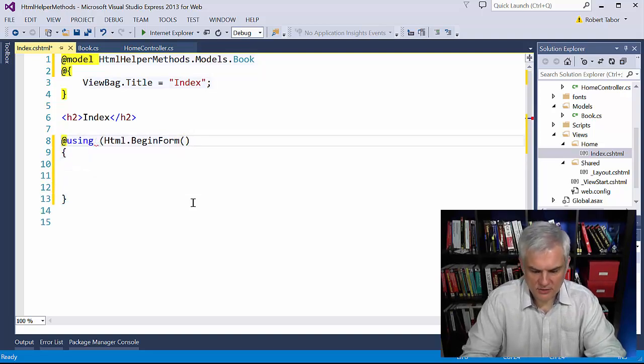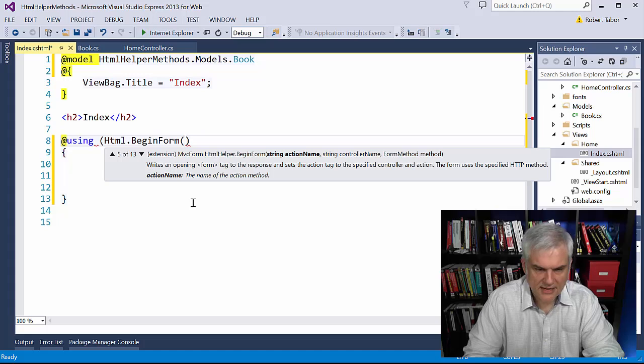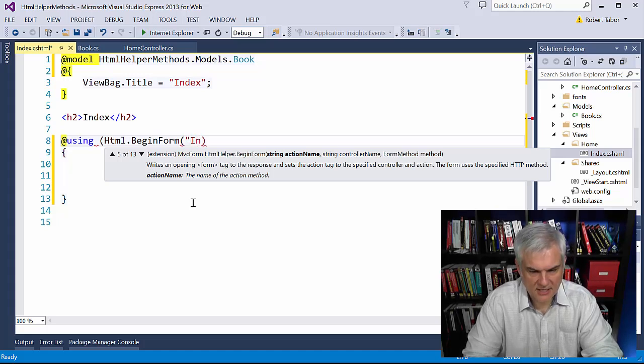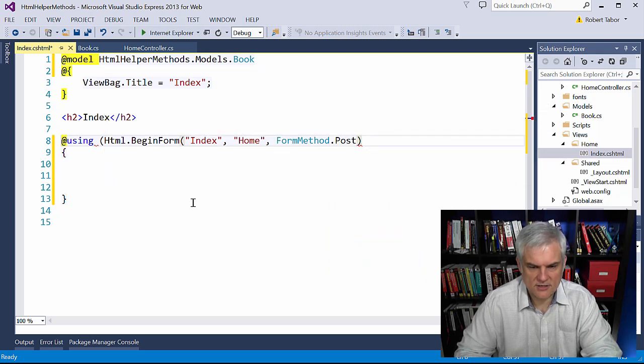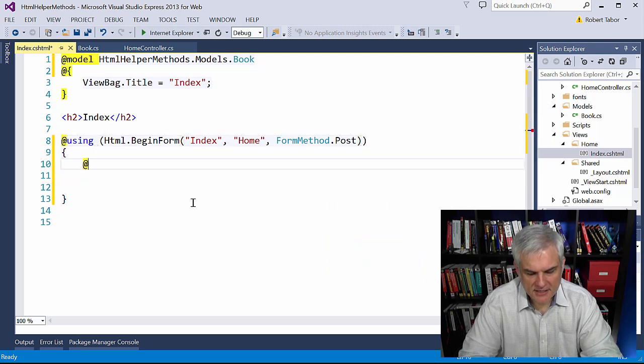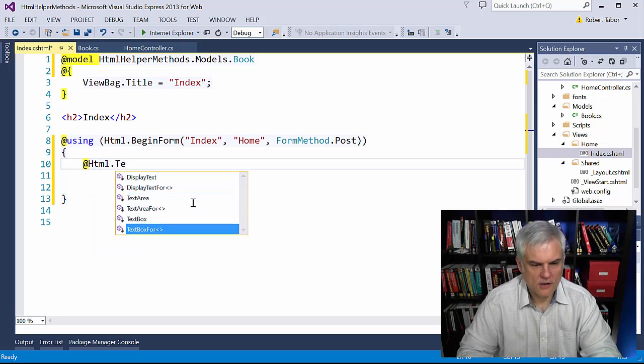However, I am going to use one of the overloads just to show you that I can take control of this process by saying I want you to post back to the action called index on the home controller, and I want you to use the form method post, like so. And then the next thing I'm going to do is create a text box for